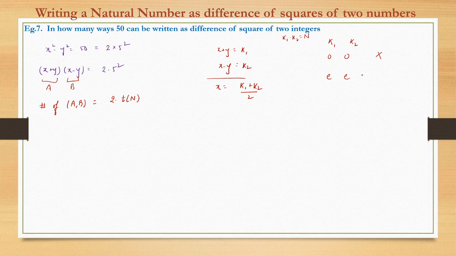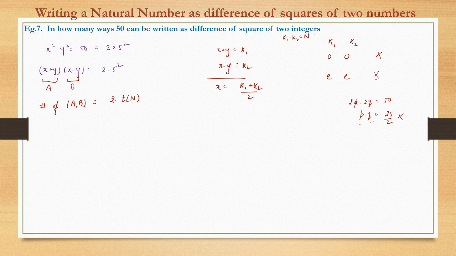No, again no. We saw that unless the number is of the form 4k, I mean a multiple of 4, we cannot write it as a product of two even numbers, because an even number would be say 2p into 2q is equal to 50, right? So p times q becomes a fraction, that is 25 by 2, when p and q are natural numbers, so this will not be possible. This we had seen previously also: to write any number n as a product of two even factors, n has to be a multiple of 4.